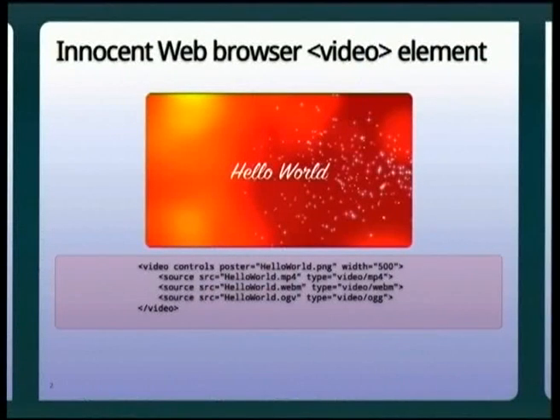So this is, for those of you who've never seen a video element in HTML5, what it looks like. Video, simple as that, just video, start element, end element, and a little bit of stuff in the middle. The source elements we had to introduce